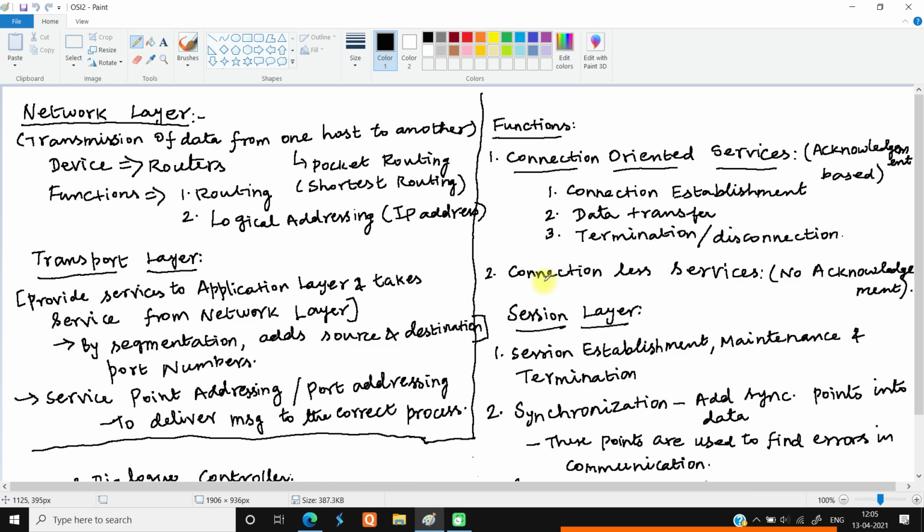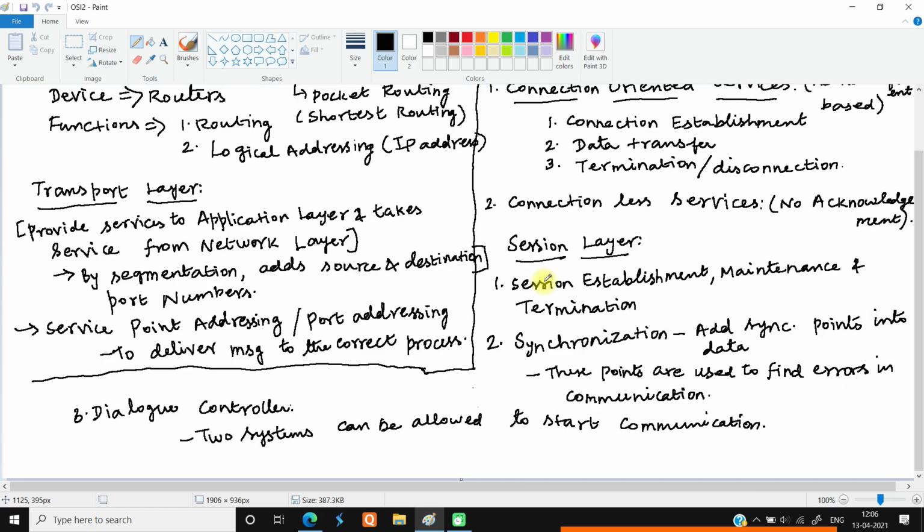These services provide the data transfer, where the data given by the session layer and the application layer is converted into packets that are going to be transferred to the network layer. If the network layer is giving any data, that data is converted into the given digital output. That digital output is then transferred to the session layer and the application layer.